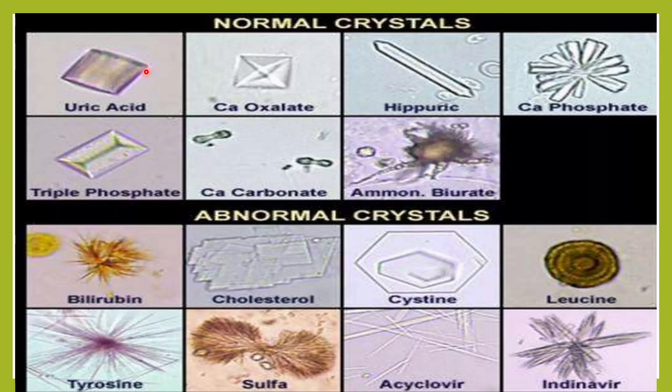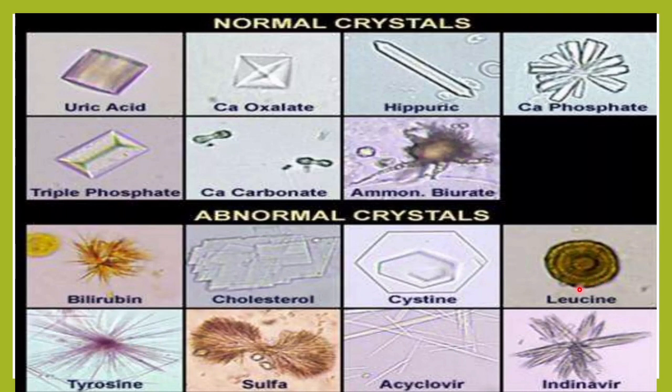You can see a uric acid crystal which is elongated, and a calcium oxalate crystal which is envelope shaped. You can see calcium phosphate crystals with broadened ends, arranged in a fan-shaped structure. These are the triple phosphate crystals, which usually have a coffin lid appearance, the calcium carbonate crystals, and the ammonium biurate crystals with an apple thorn appearance. Bilirubin crystals, which are abnormal, have a yellowish tinge. Cholesterol crystals are flattened with broken edges. You can see the cysteine crystals and the leucine crystal.